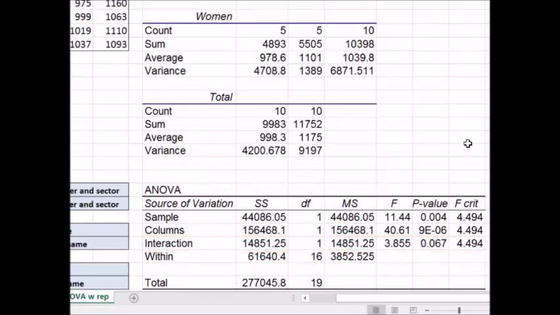The within row is our error row. The p-value for gender is 0.004, less than our 0.05 alpha. Of course, we can also look at the F versus F critical. 11.44 is greater than our F critical of 4.49. In either case, we would reject the null and state that there is a difference in mean wage between men